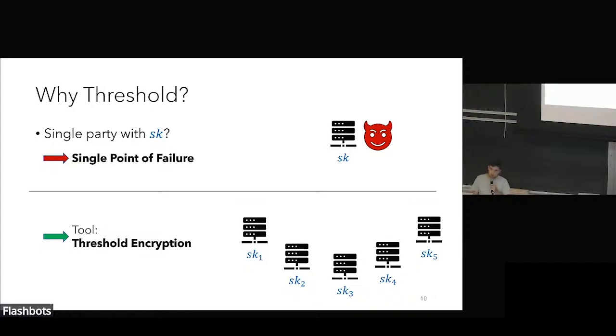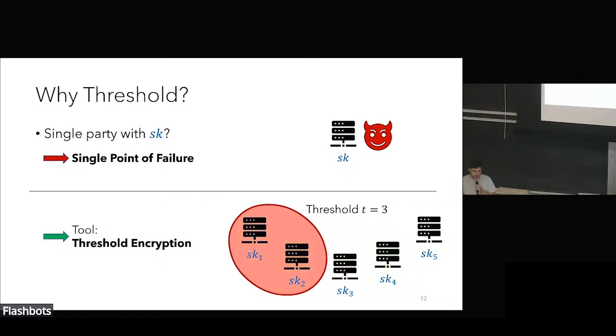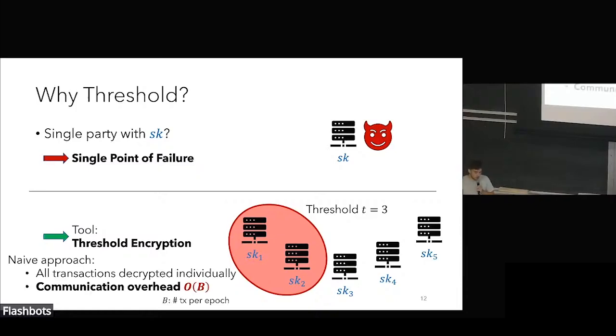So now each committee member has a secret key share. Also, we set a threshold T. In this example, we set T equal to 3, such that any subset of at least 3 parties is able to decrypt transactions or ciphertexts, and any malicious committee that doesn't meet the threshold cannot. So for example, parties 1 and 2 here, it's not 3 parties, so they cannot decrypt or learn any information about the transactions. And the naive approach now is having all